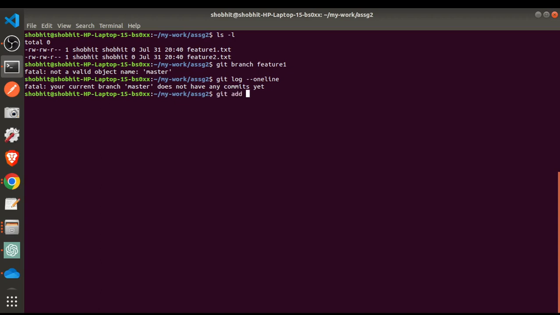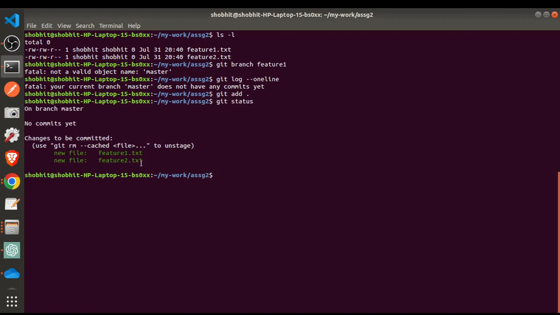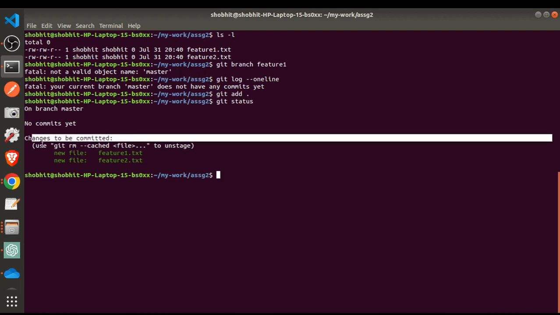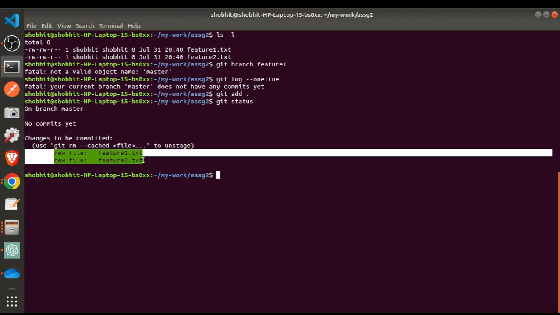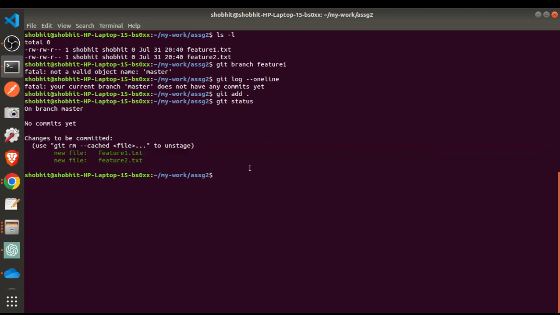So let's commit. So git add, moving everything to the staging area. Would you like to see what has been added to the staging area? You can see it by writing git status. You can see "changes to be committed". It means that these files have reached the staging area and are waiting to be committed. So let's fulfill their wait by writing git commit -m